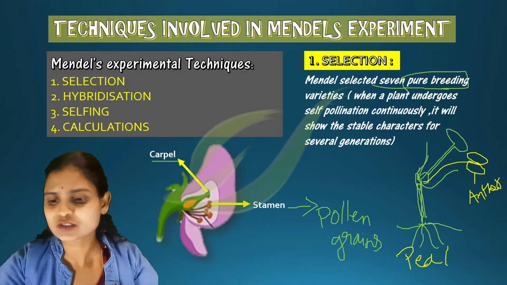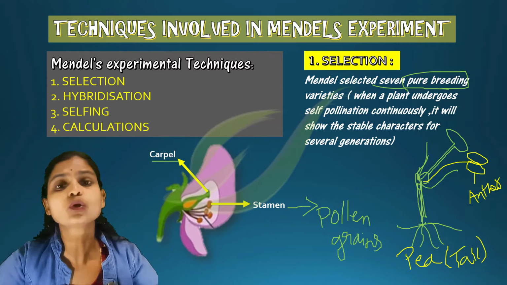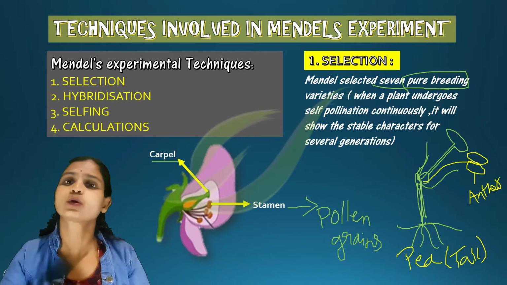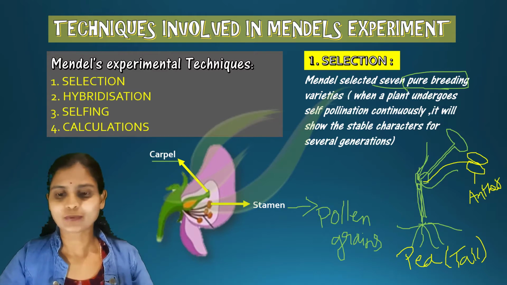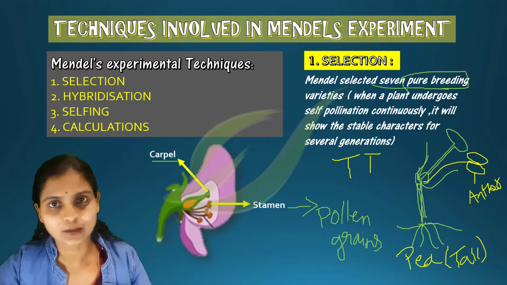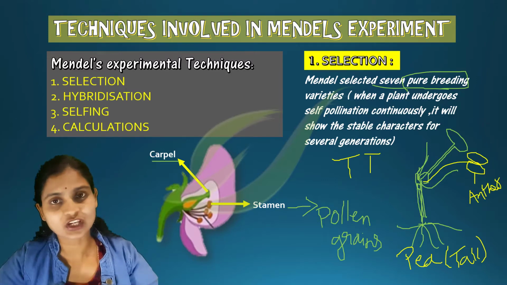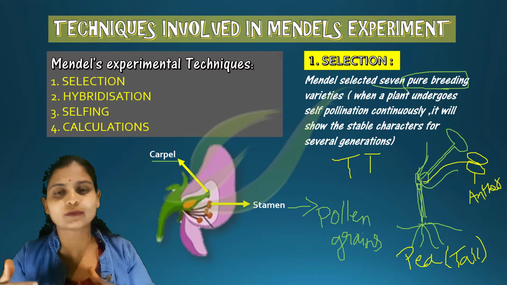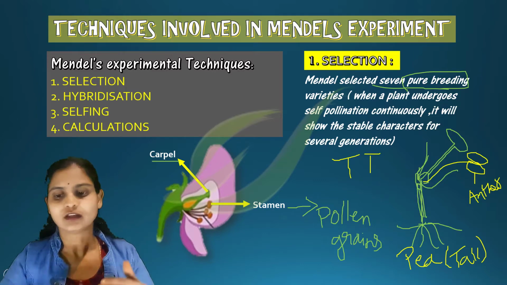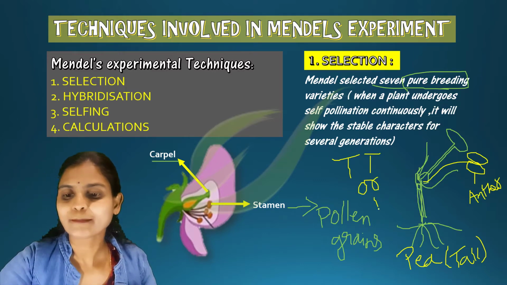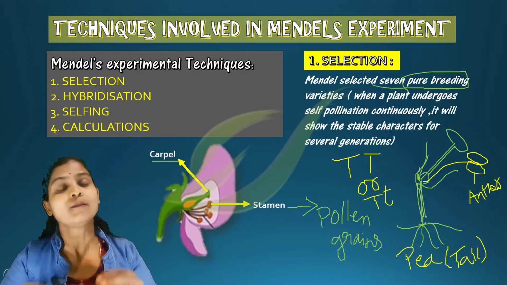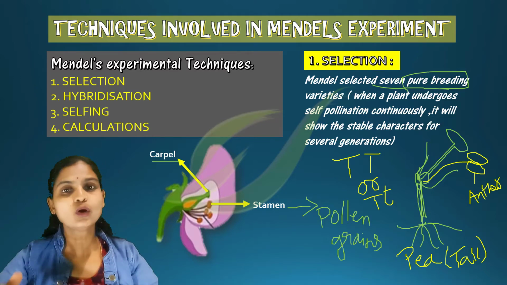Now, imagine this pea plant is a tall pea plant which can grow tall. But Mendel did not know the genes for this tall plant. If this tall plant contains capital T, that is a dominant gene, then the phenotype, that is the outer expression of the pea plant, is tall. And even if this plant has capital T and small t, one dominant gene and one recessive gene, this plant will also look tall.